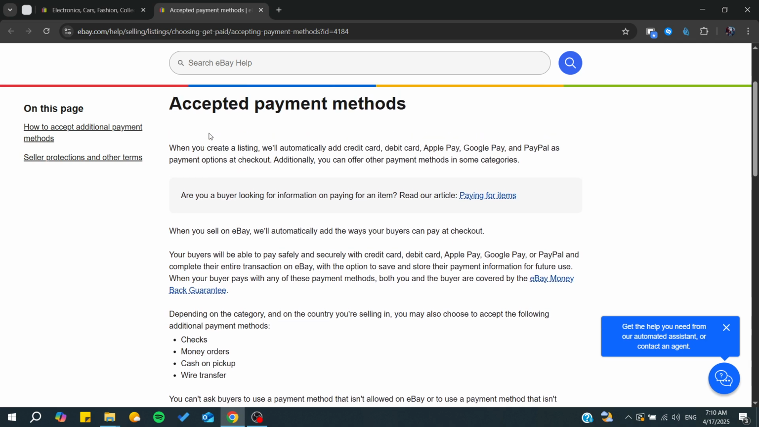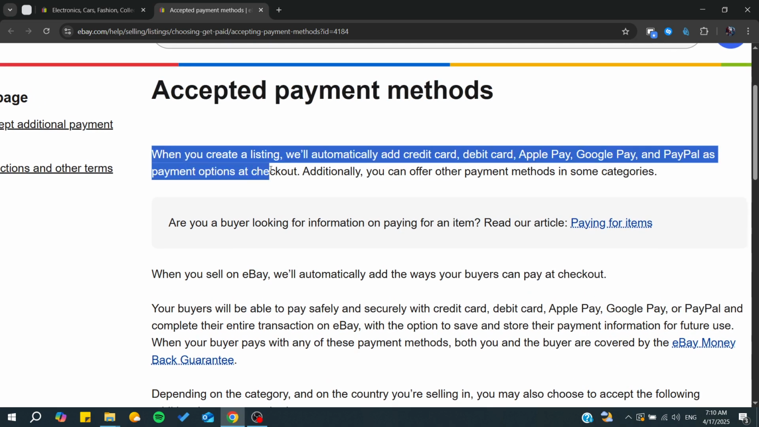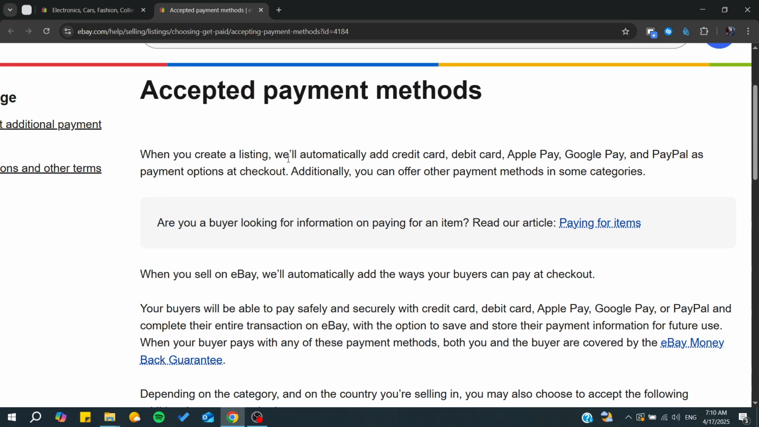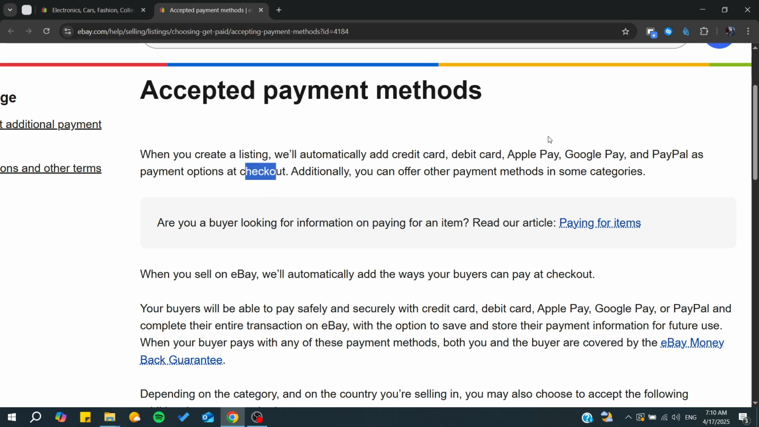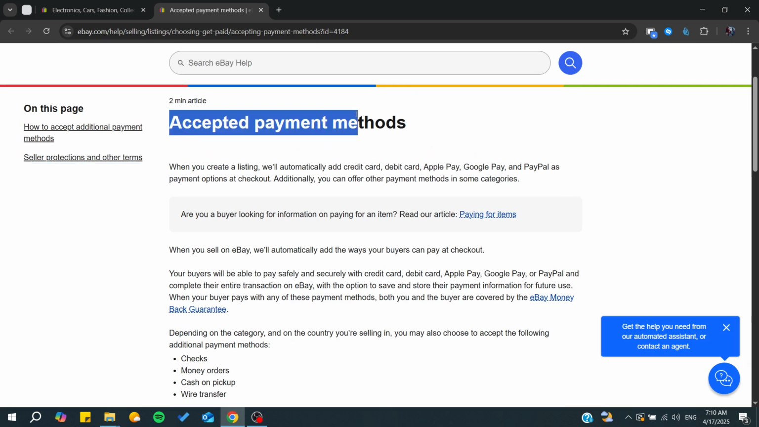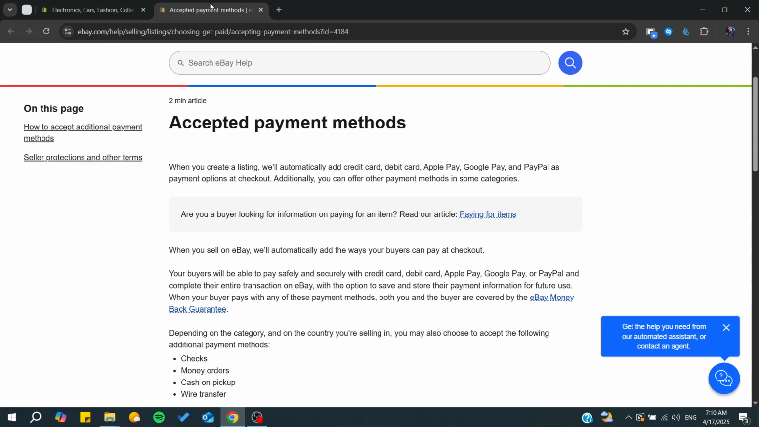Basically, as you can see, when a seller creates a listing, eBay will automatically add the credit card, debit card, Apple Pay, Google Pay, and PayPal as payment options at the checkout. That means that Apple Pay is already eligible and accepted by eBay. Now all that remains is to simply go to the checkout page so you can pay